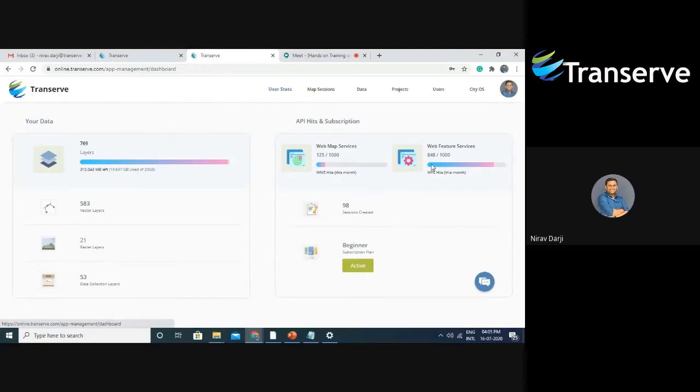For example, web map services you can use as a base map, and web feature services you can directly show to your client to present what part of the work or what milestones you achieved. That part we will definitely cover in the consecutive webinars. So far, I have created around 98 sessions, and being a part of Transurf, my subscription plan is beginner.